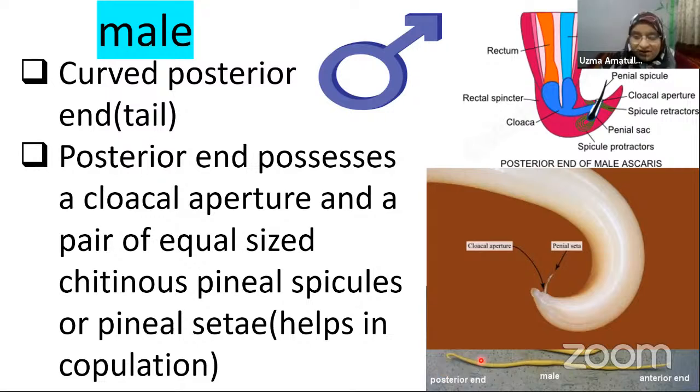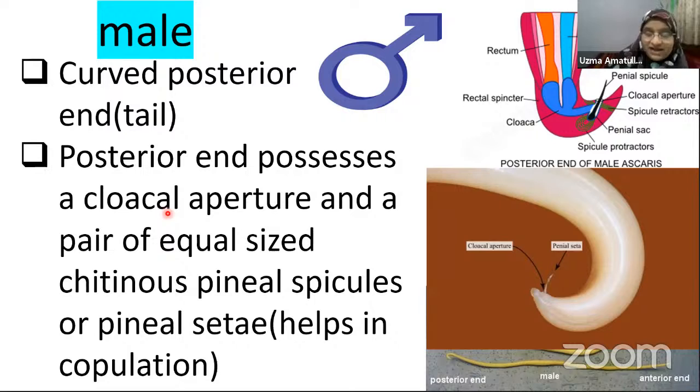This is the posterior end, which is curved. Here you can see it is curved. Now here the posterior end possesses a cloacal aperture and a pair of equal size chitinous penial spicules or penial setae, which help in copulation. So here cloaca means the opening for the reproductive system,